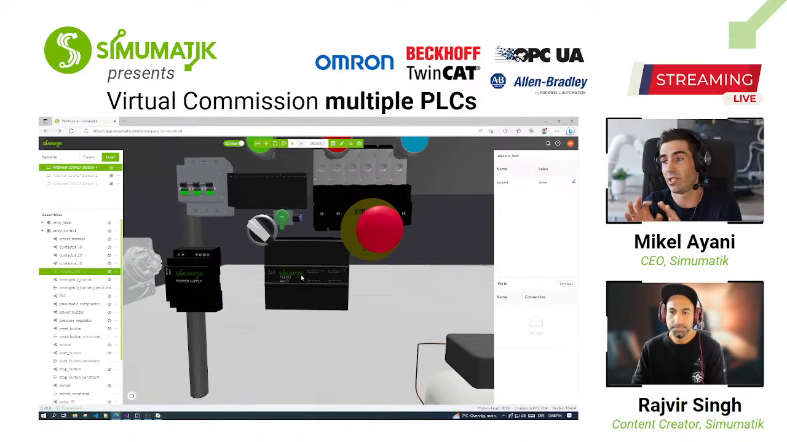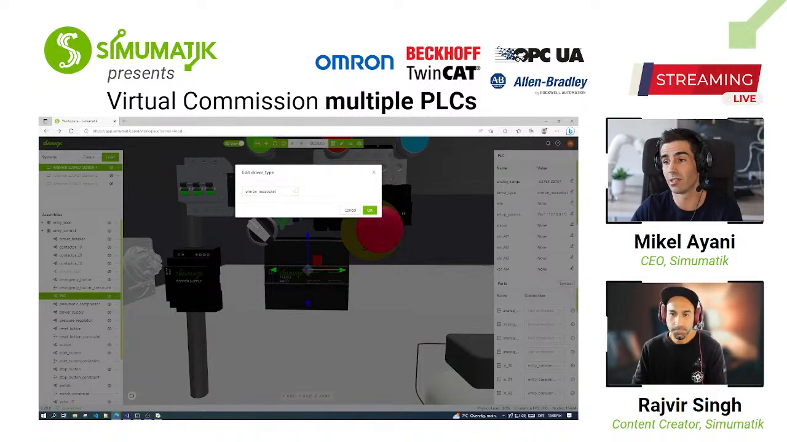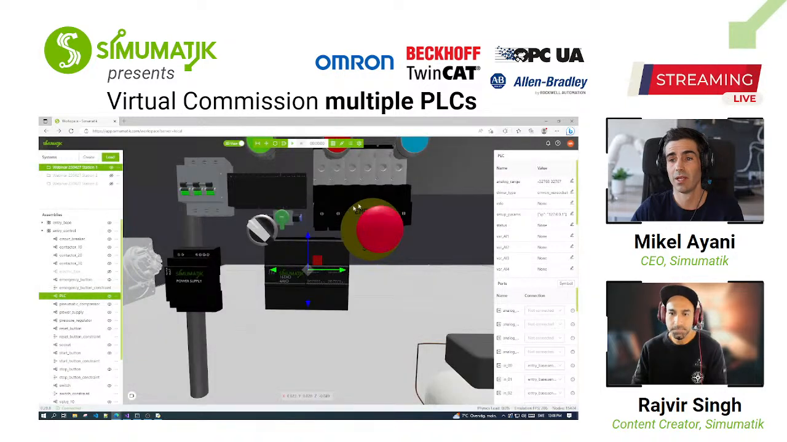In this case, we just add this compact generic PLC, which has 16 digital inputs, 16 digital outputs, and the analog inputs and outputs. So I just set up this by modifying the driver as we did the other day. I select Omron next socket. As soon as you do that,